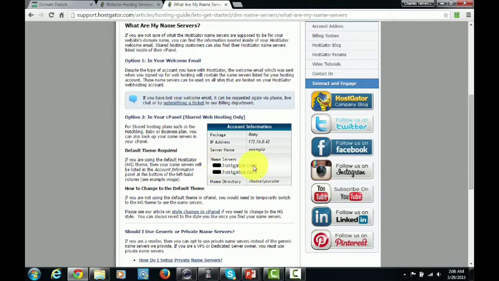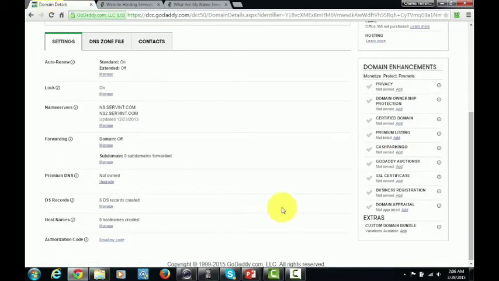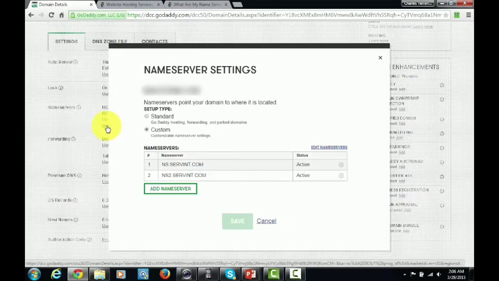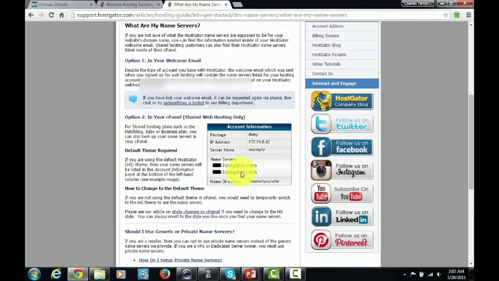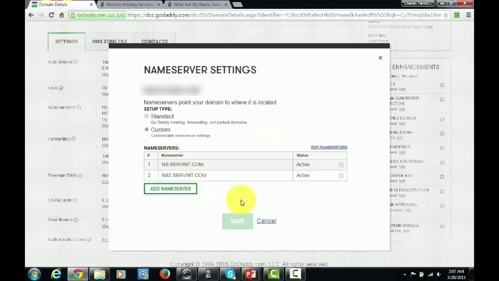So what you're going to do, and I'm going to take a look over here in GoDaddy, and this is an actual domain name, is go inside of the name servers area. In this particular case, it's already got some name servers in there, but if we wanted to change it, we'd click Manage. And then we'd type in custom name servers, and we'd put in that information that we got from HostGator, which is likely in an email or likely someplace on your dashboard inside of HostGator. You're going to put this information in here, add your name servers, and then